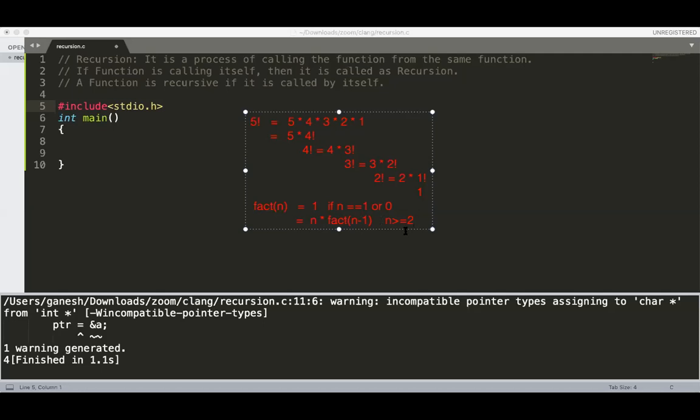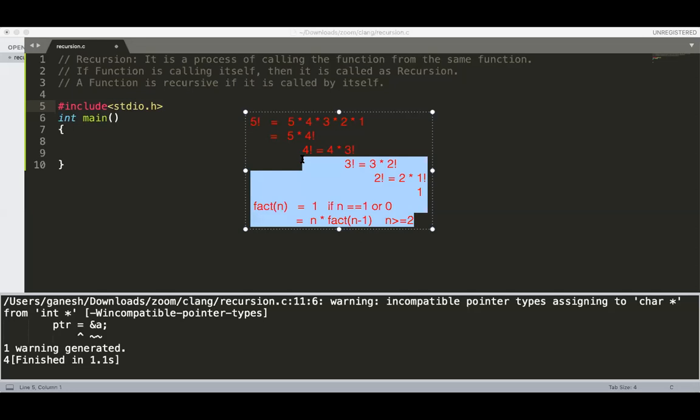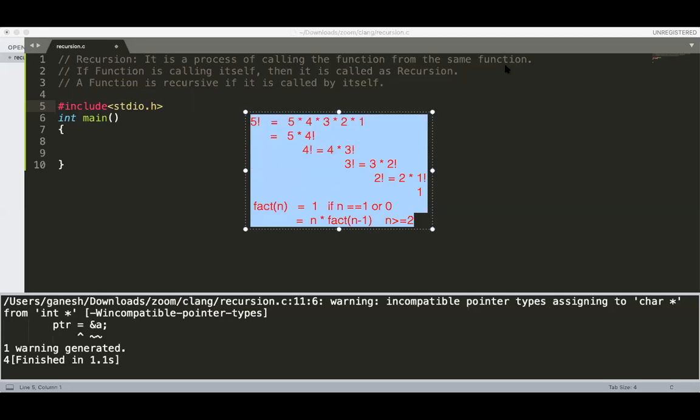Getting it? So before solving a problem, just see whether there is any type of recursion. If any recursion is there, then just derive the formula. Now this is the derived formula. Using the derived formula, just try to write down the function. Have you noted down this? Yes, sir. Just note down this.